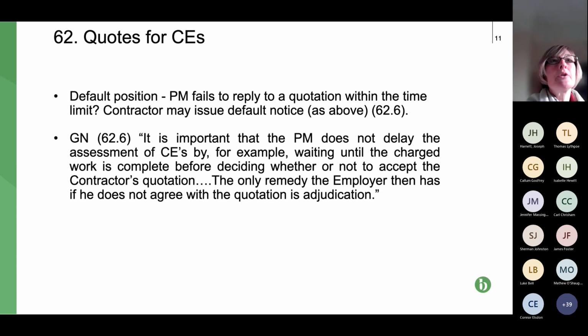If you think about it logically, unless that happens, you're in a position where you're deemed to have the PM's deemed to have accepted a quote, but 2 have been provided. So the difficulty is, well, which one is deemed to have been provided? So just bear that in mind.